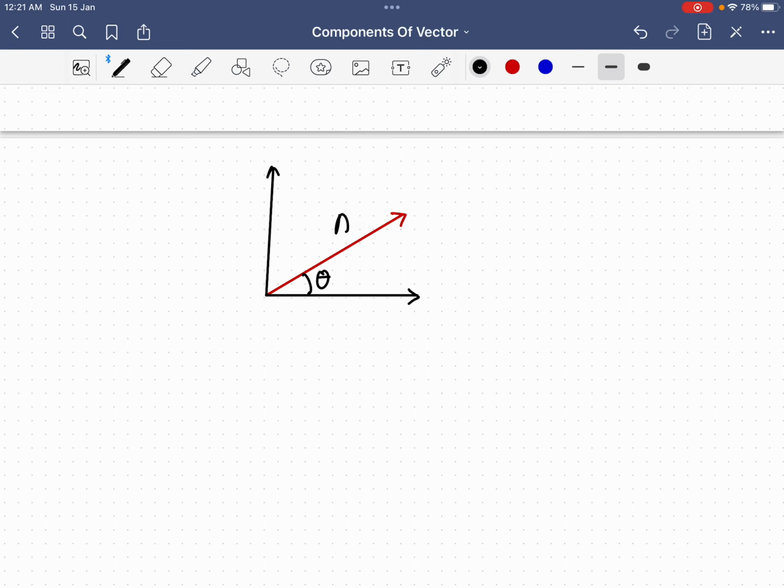This is A, or F, this is F. So this will be fx will be, if only the magnitude, cos theta. Okay, fy will be F sin theta. जस्ट बिलीव कर लो, यही है, अभी प्रूफ करने का वक्त नहीं है और मूड भी नहीं है, but believe